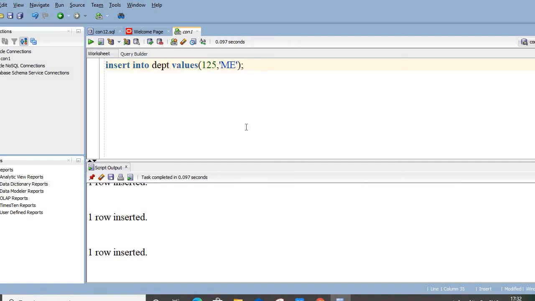So now we have inserted 3 rows in the department. Now try to enter the values for the employee table. First thing is employee ID, then the name, and then I need to mention the department.